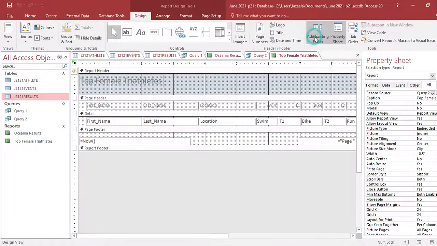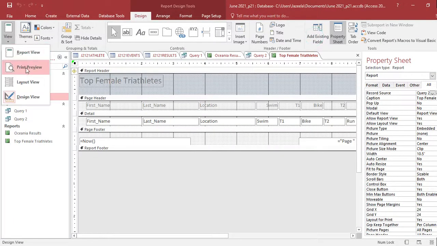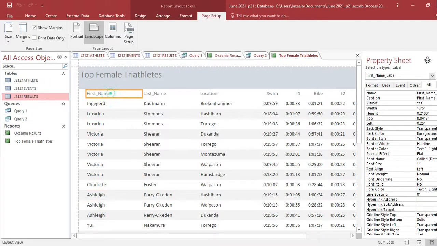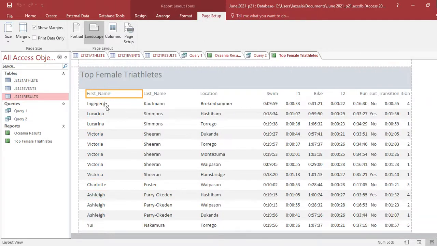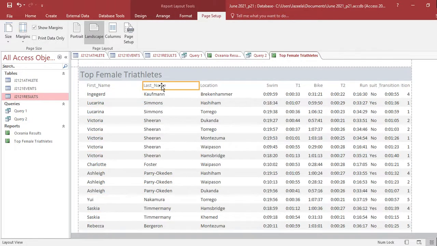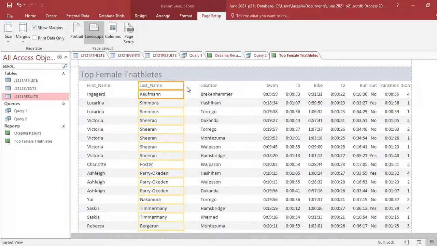So close print preview, come to layout view, and start doing the adjustments first. So choose the first name. Let me close this property sheet, and then the data of the first name, reduce the size. Then last name, choose the data, first reduce the size, and we can move it towards the left.